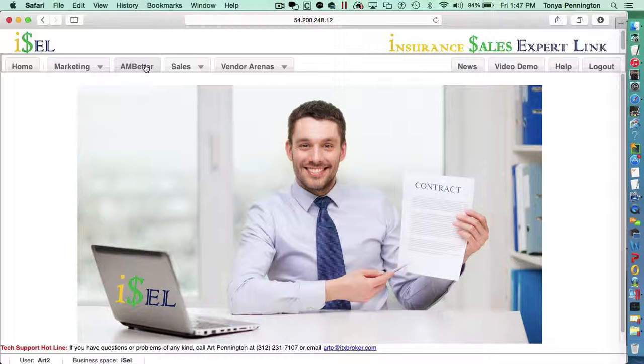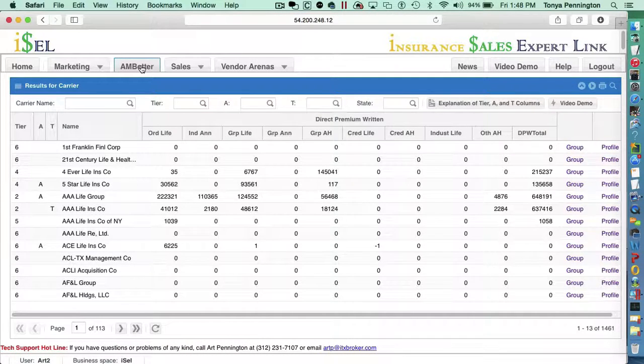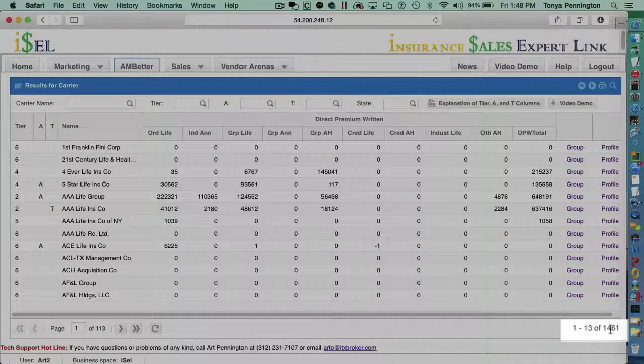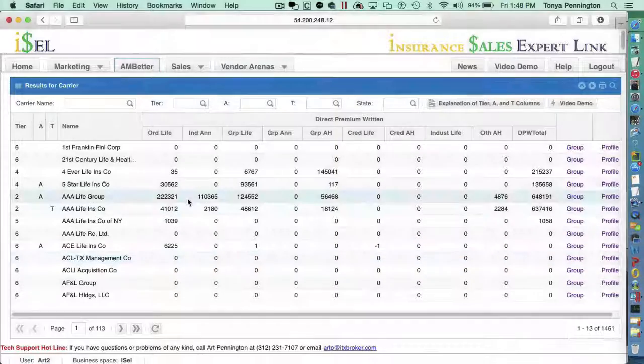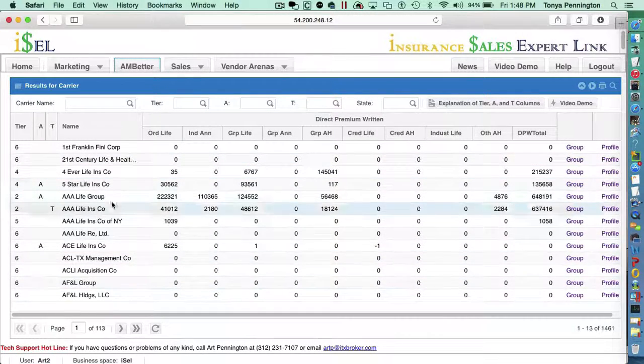The AM Best tab enables you to access records on over 1,400 carriers. A lot of data we have downloaded from AM Best. A lot of it we have accumulated over the years in our own database. And we call that AM Best. So we select that button and it will display a listing of the 1,400 carriers, one carrier per line, of